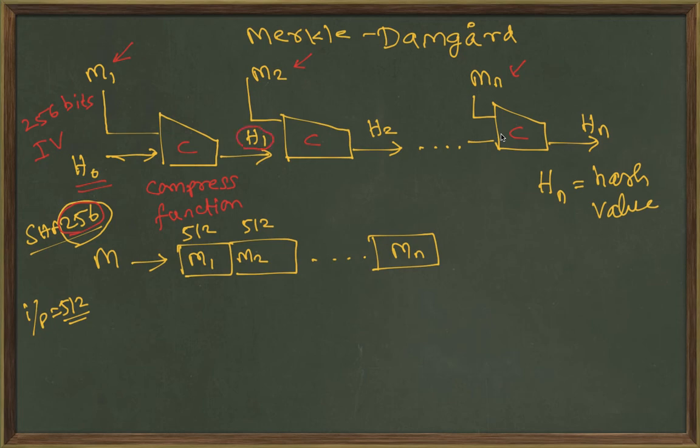This you pass to the next block. The next block will take m2 and h1 and create another intermediate value called h2. So the final value that you get is what is called the hash value. That is the output of the SHA-256 hash function. This is called the Merkle-Damgård construction, and because of the nature of how it works, length extension attack